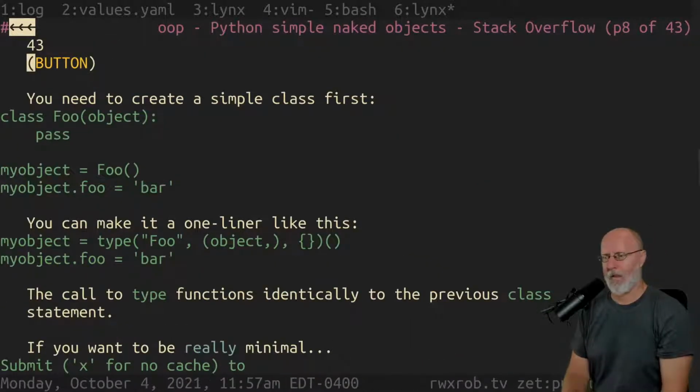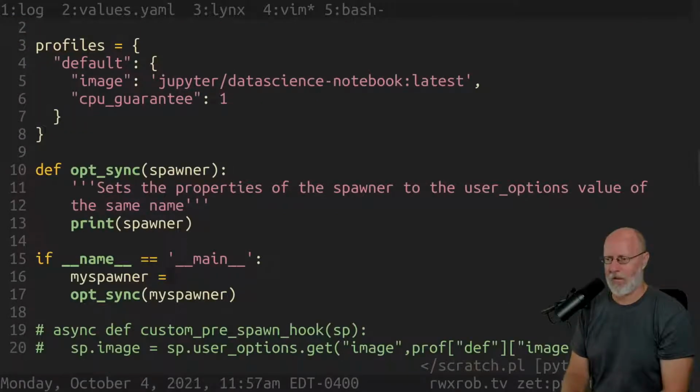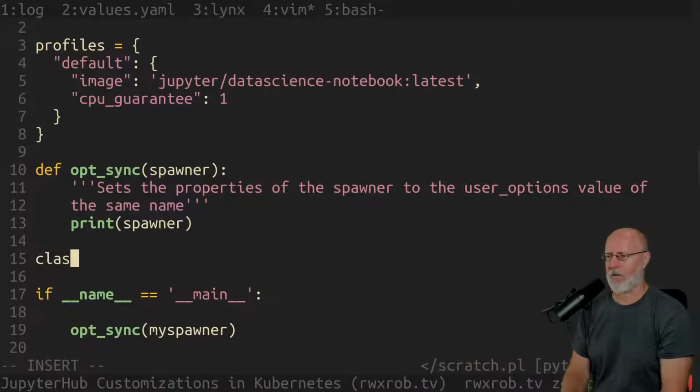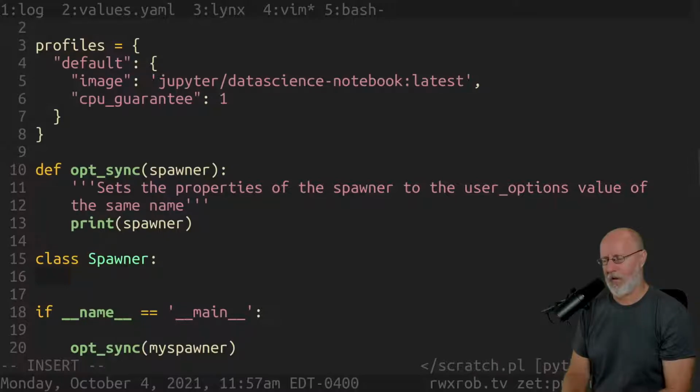Yeah, I didn't want to use a class, but I guess I have to. There's a way around it that you don't have to use the class if you don't want to, but whatever. All right, so class spawner, and the class is going to have properties. So image,